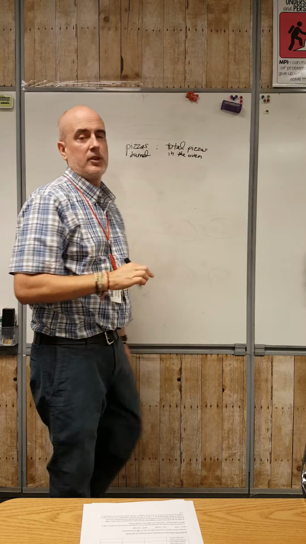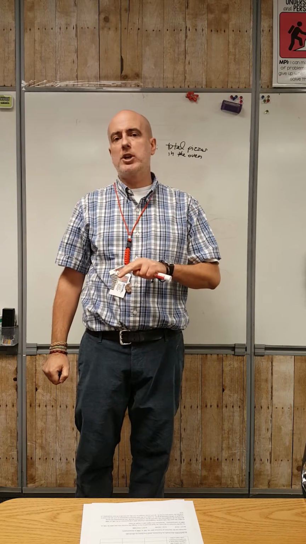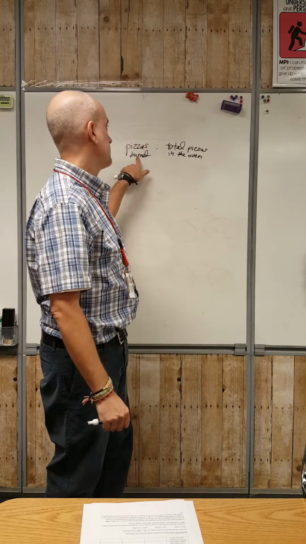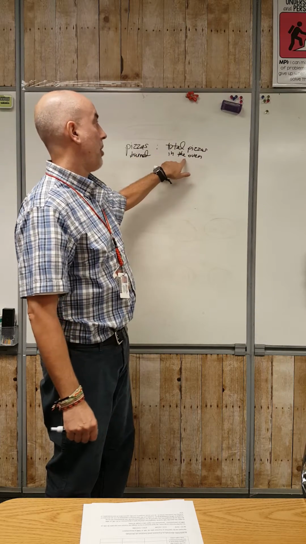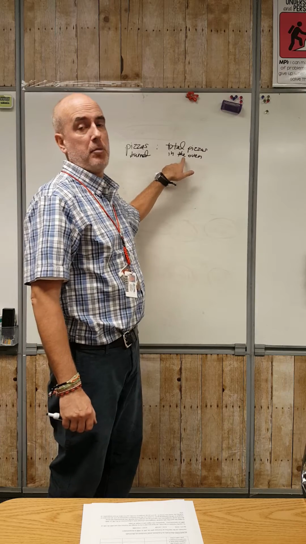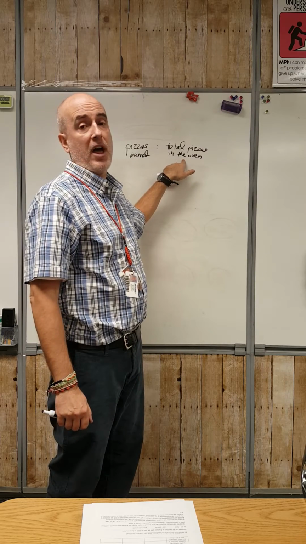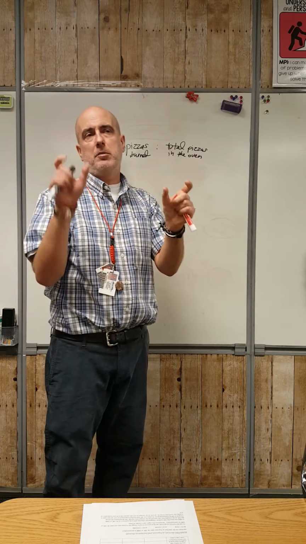in the oven. So this is a different ratio than the one we looked at before with the spoiled and unspoiled fruit. This is a part to whole ratio. We're comparing part to the whole. So the pizzas burned are part of the total pizzas in the oven, but this also includes the pizzas that are not burned. So it's not a part to part where we have to find the total. We're given the total and we're given one part, so we may have to figure out what the other part